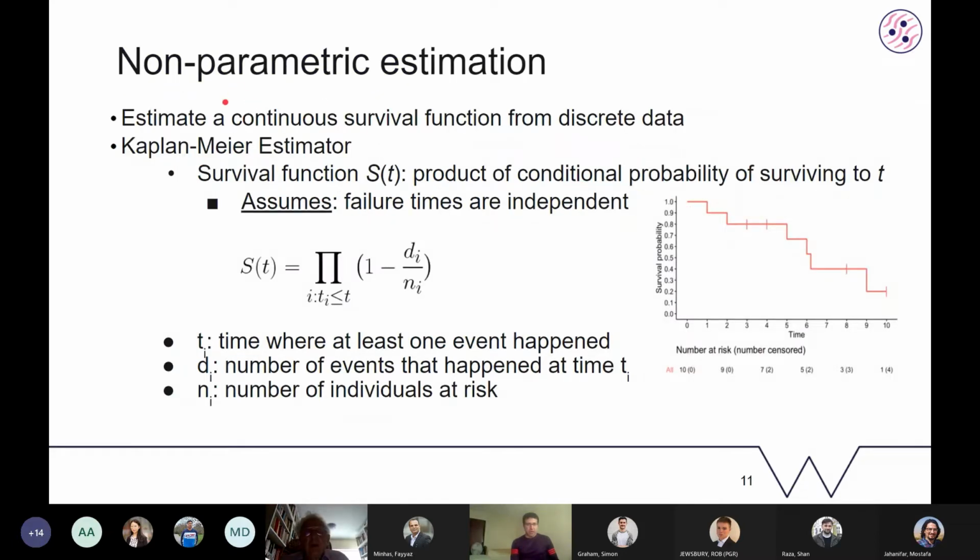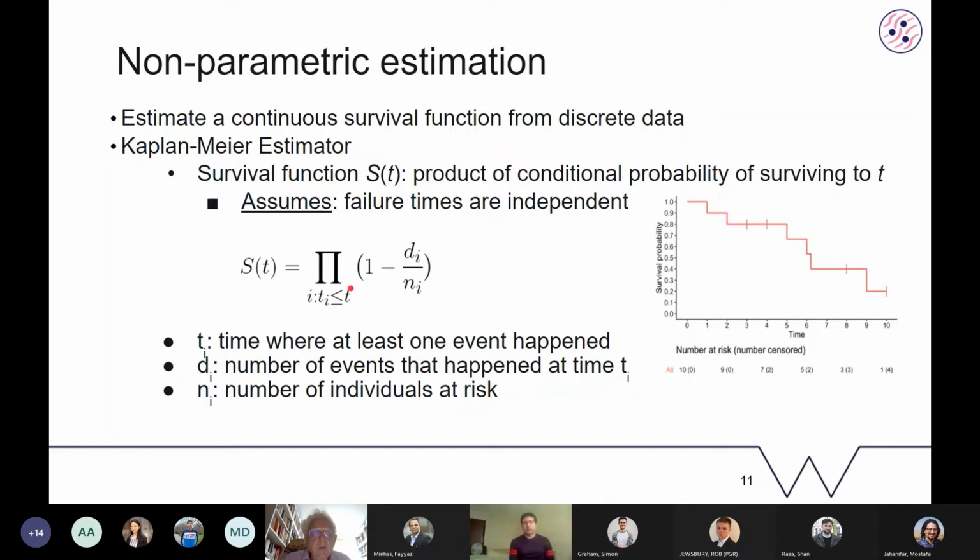The first method that we discussed to estimate this function is the non-parametric method, that is the Kaplan-Meier estimator. And what it does is it estimates the survival probability over time. And how it does it, it takes the product of the survival at each time, let's say Ti, and up